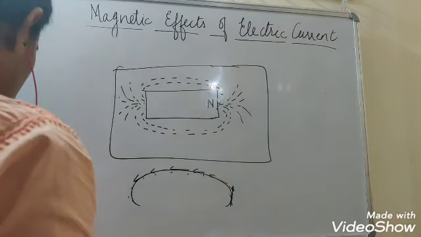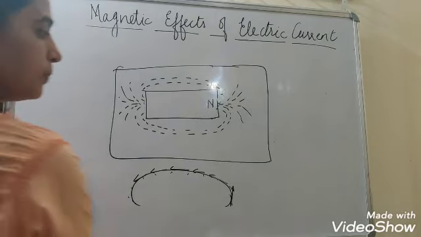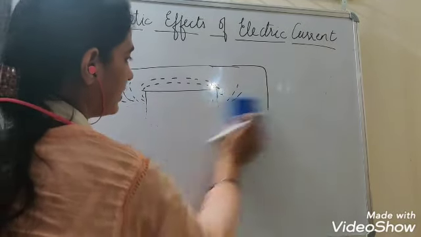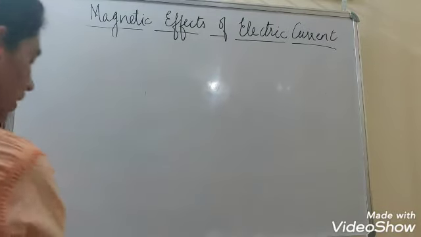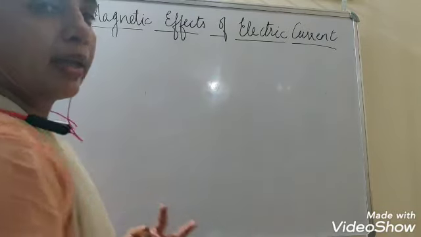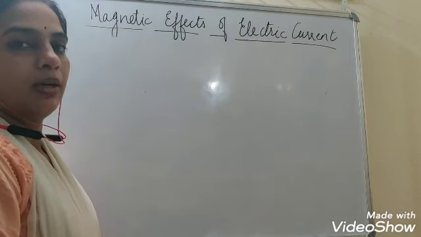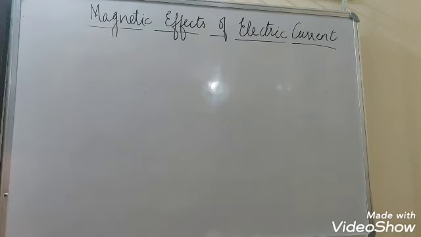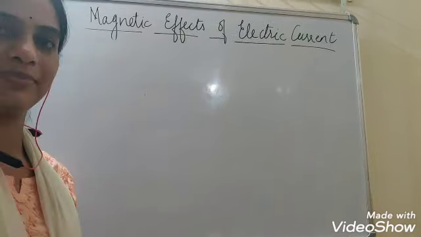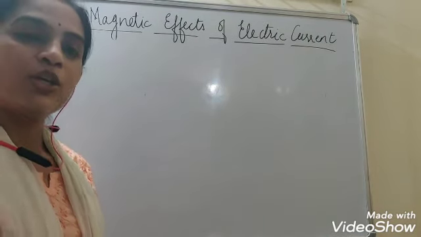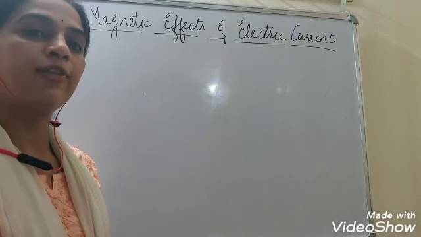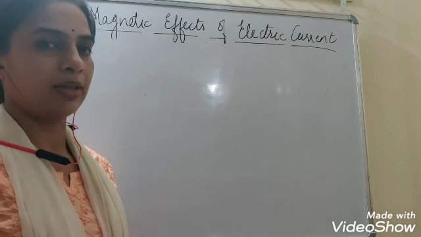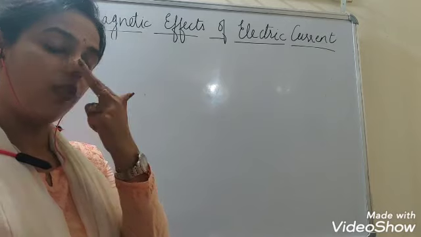So this is how we get the magnetic field of a bar magnet. Similarly, you can place any kind of magnet and you can find the pattern of the magnetic field which a particular magnet creates. So now we know how to plot the magnetic field of any magnet, like you got it, the magnetic field of a bar magnet.